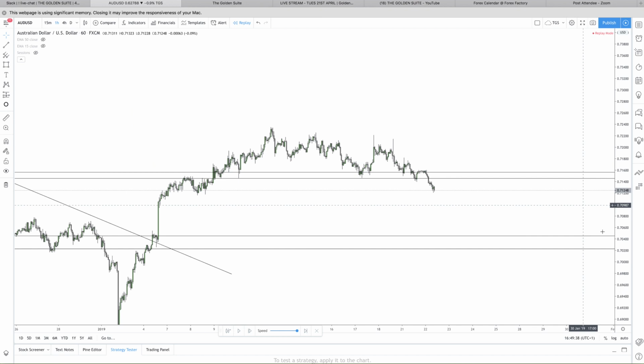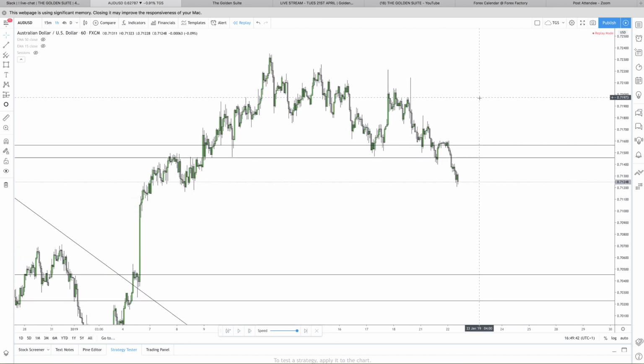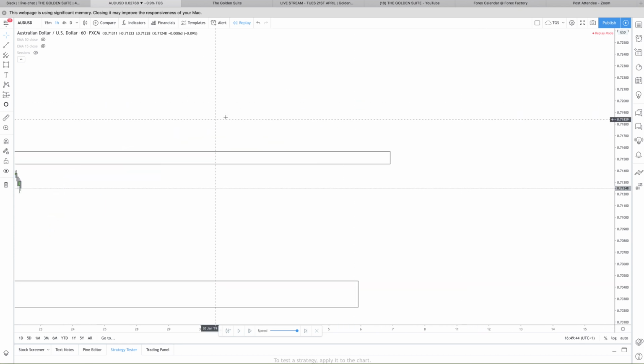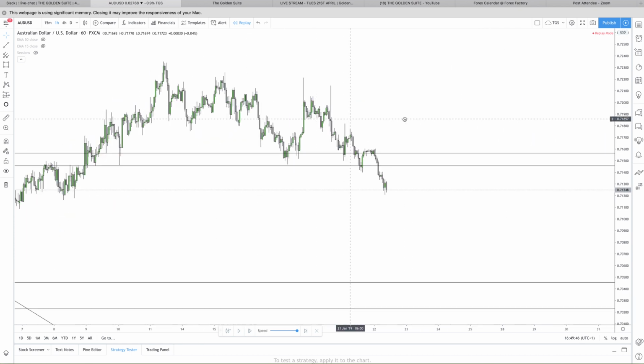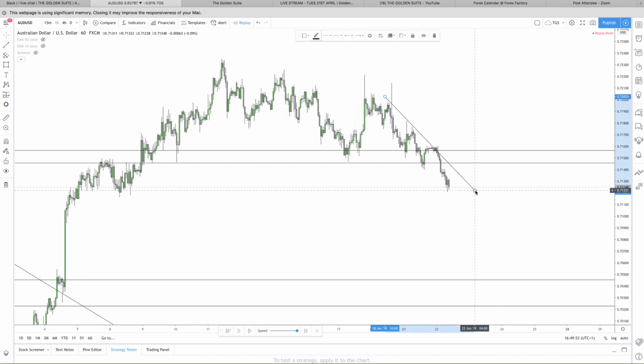1 hour time frame. Okay, 1 hour time frame. We still had a bit of a downtrend going on. So if we look from this little 1, 2, 3 spike rejection here, we had push 1, push 2. There's actually still another push, wasn't there? So that was actually missed. So then what I would do now, I'd write on my notes, make sure you look at the 3 pushes,